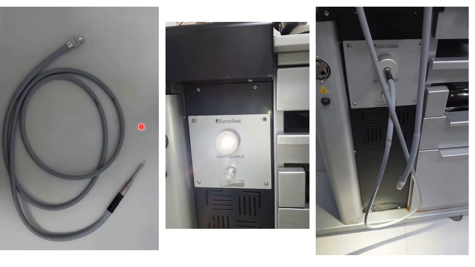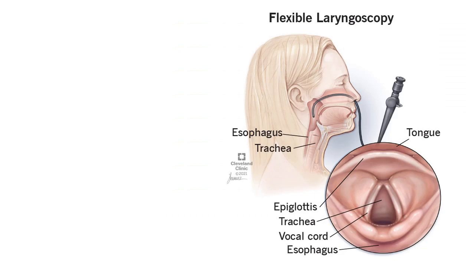So this is the big light source or the cold light source. As I have told you, this is a built-in machine, but with this we need a fiber optic cable. This is inserted into the light source and attached to the endoscope. This flexible laryngoscope is inserted through the nose, and it gives the added benefit of visualizing the nose and nasopharynx instead of just the laryngopharynx, and then it passes backward and we can clearly visualize the laryngopharyngeal structures.